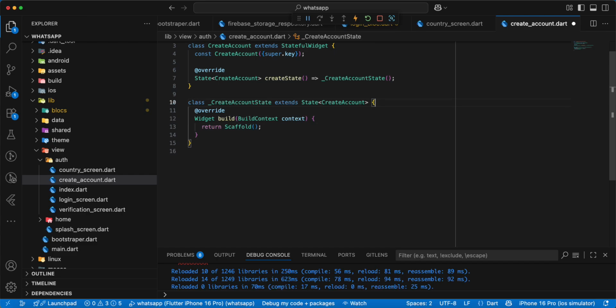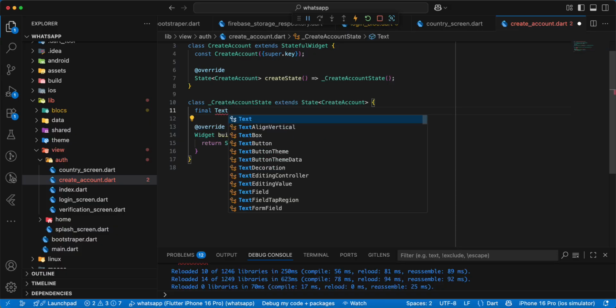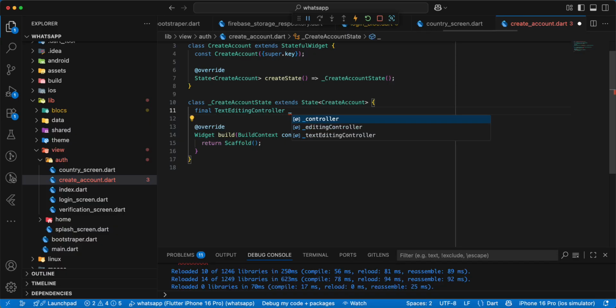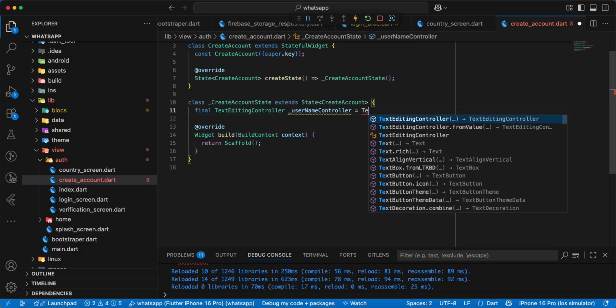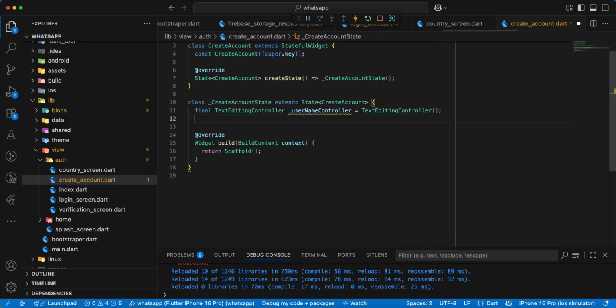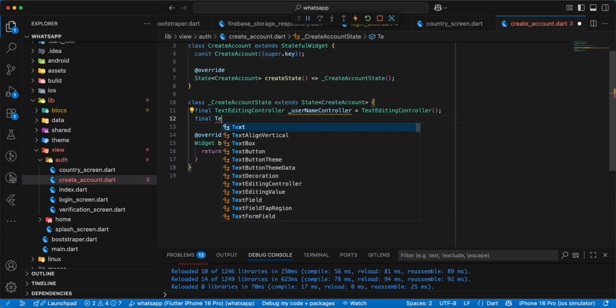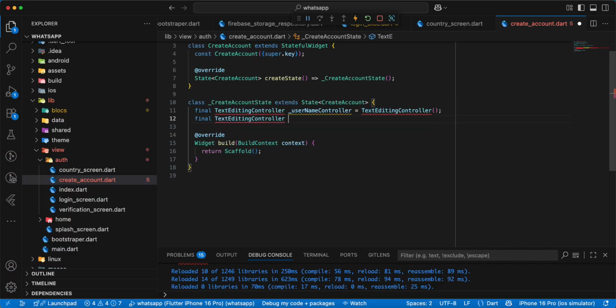And we add variables, write final, add text editing controller, write username controller, write text editing controller, write final, write text editing controller, write about